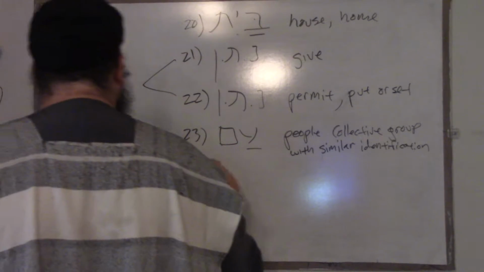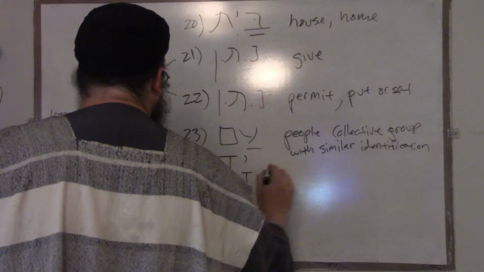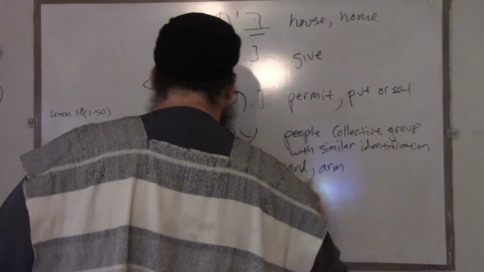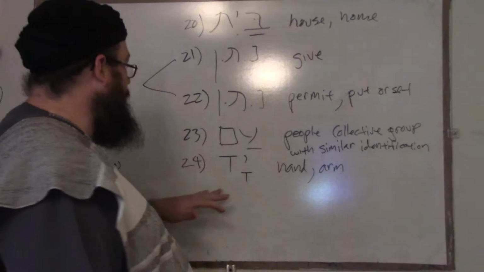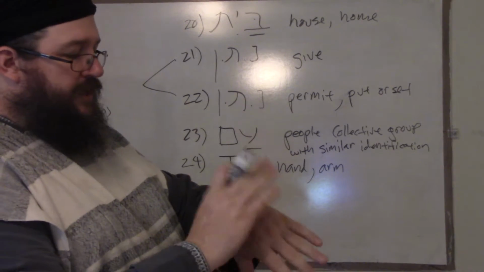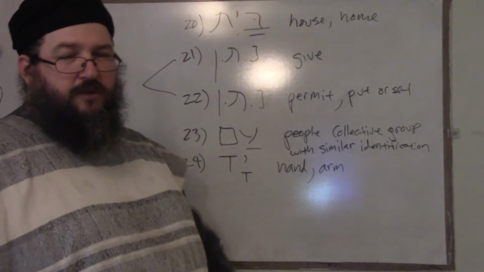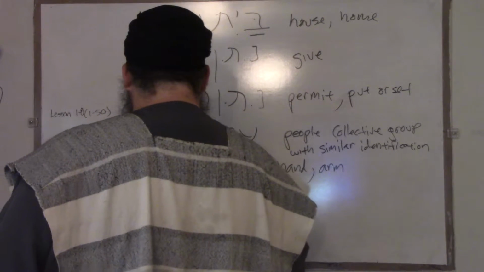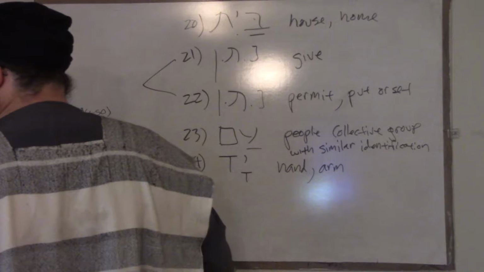24, we have the word yad, which is a word for hand or arm. When it talks about, for example, yad, this is what we're talking about, the hand. Sometimes the Torah utilizes the arm as a euphemism with the word yad. So now we get halfway through. So now we get to